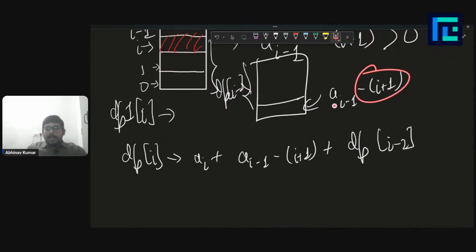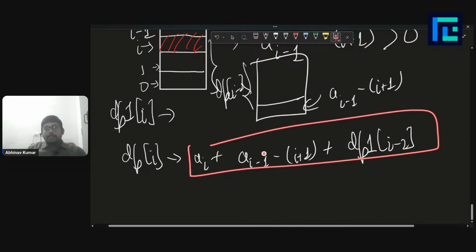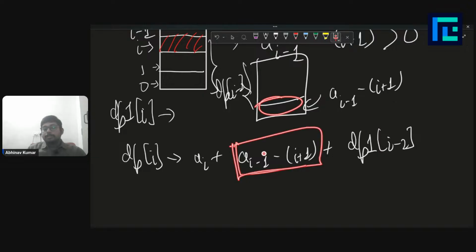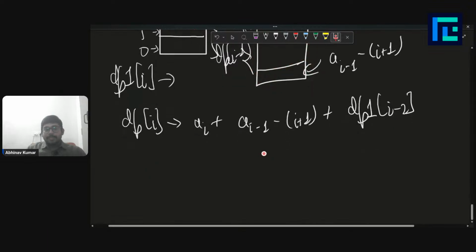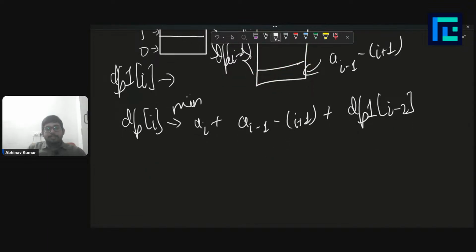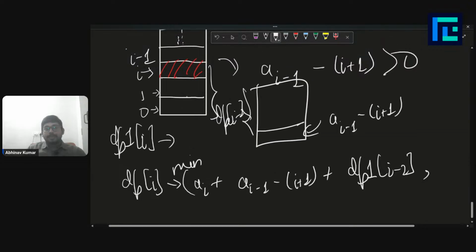Because here the damage is variable, you cannot have I number of DP states, but you can have 1 extra DP state for 1 damage. That's why for 1 damage, I'm taking this DP1. So one way is to do A[I] amount of damage here. Then whatever is the health remaining in it, do that much amount of damage in that. And then take the DP, whatever is the DP to destroy this much with the lowermost having had 1 damage. This is one way. So it would be the minimum among either this or